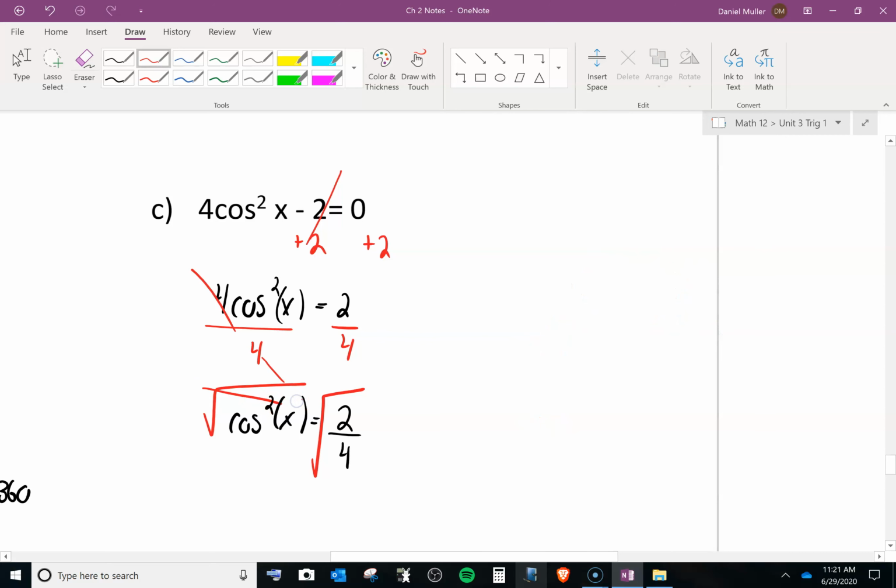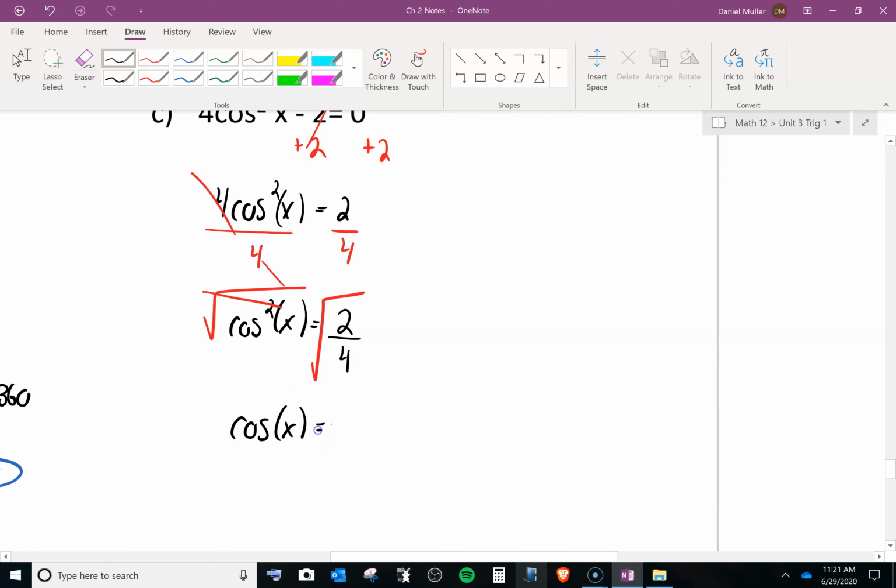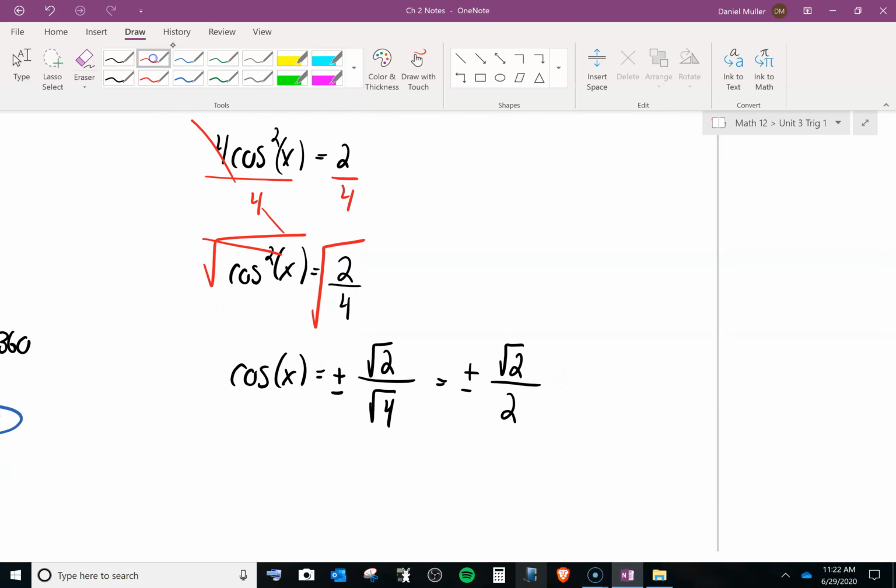So the square and the square root will cancel, leaving me with cos of x. Now remember, square roots get you a plus or minus, so I'm going to do a plus or minus there. If you ever square root a square when you're solving, don't forget the positive and negative. Now the square root of 2, well, that's just the square root of 2. And this is the square root of 4. So I just did them separately. Now the square root of 2, I don't know what that is, but the square root of 4 is just 2. So now I'm looking for a reference angle